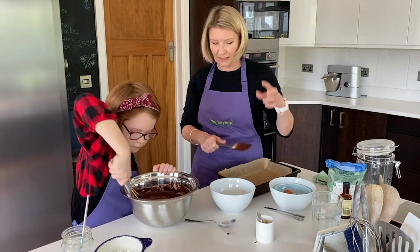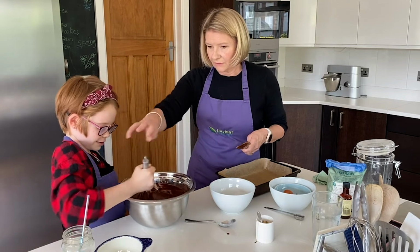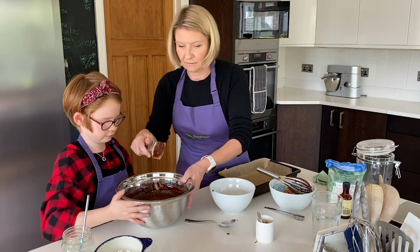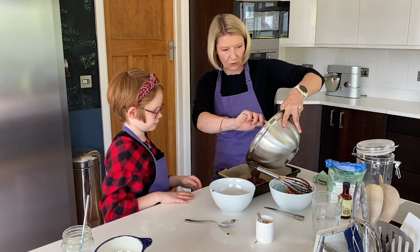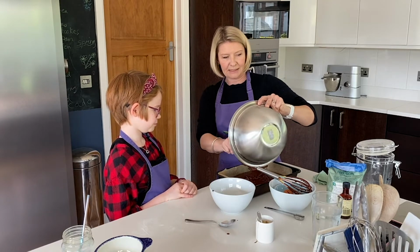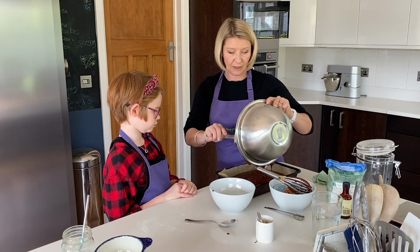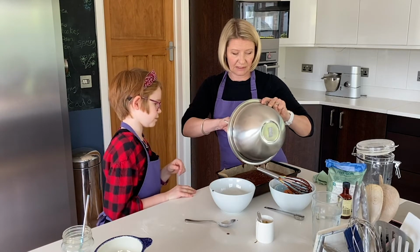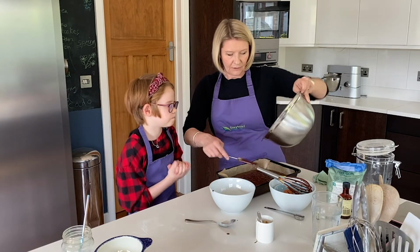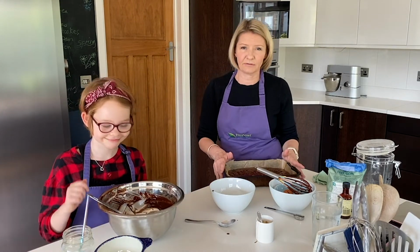So give us that bowl. Right, let's just bash that on there. And then I'm going to pour that in. You can lick the spoon. That's chef's perks. So this goes into our prepared tin. We put greaseproof paper around the outside because it will stick. Yeah, you can lick it. Hang on. Right, you go there. Put it in the prepared tin, and then it goes in the oven for, I will have